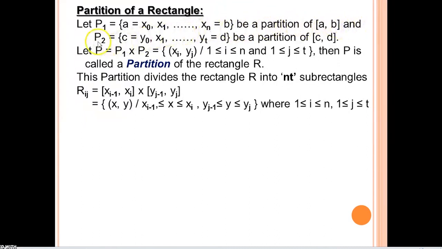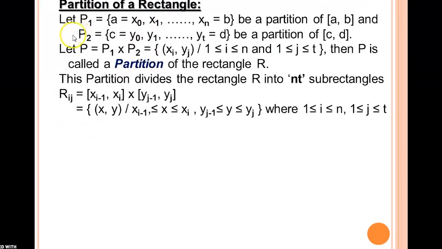And P2, in a similar way, is the set of all those points c = y0, y1, y2 and so on, and P2 is the partition of [c, d], which is